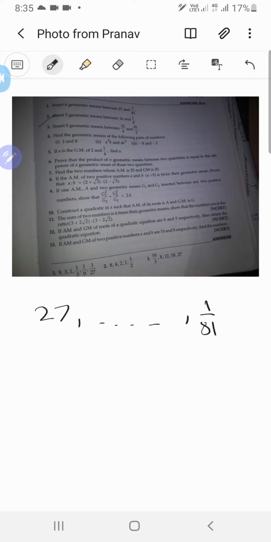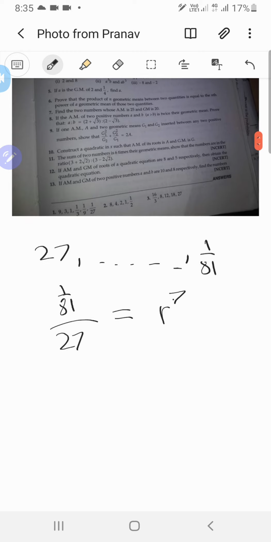Yeah, I think so. No, wait. Okay, so till this last GM, there are going to be six jumps, and then one more jump, so seven jumps, which means that (1 by 81) upon 27 is supposed to be r to the 7th power. Yeah, so r times r times r, 7 times. Fine. So from that we can get 1 by